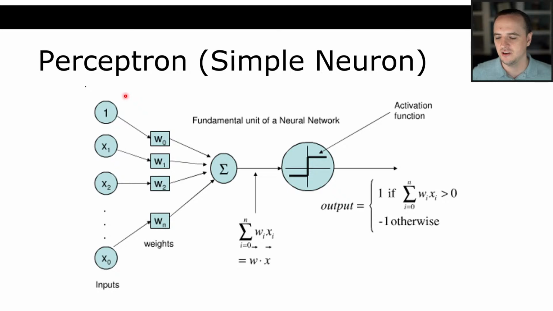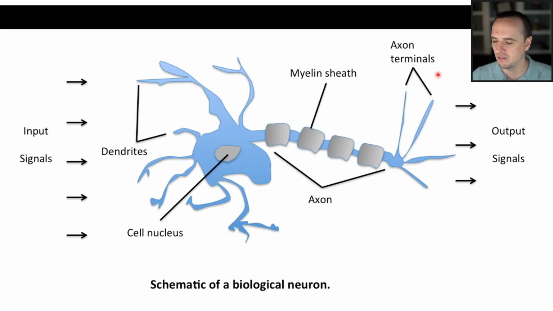So what goes on inside the perceptron? Well, we have our inputs again, but those inputs can be real valued this time. They don't have to be just Boolean variables. We also have our real valued weights. And again, we have that function right here, which is the input times the weight, the sum of all of that. So that's the dot product. And we'll talk about this in a second, but we have an activation function that is going to take the place of the threshold. We'll get to that. But here is this diagram of a perceptron. And if we look, it looks kind of similar to the diagram of the biological neuron, right?